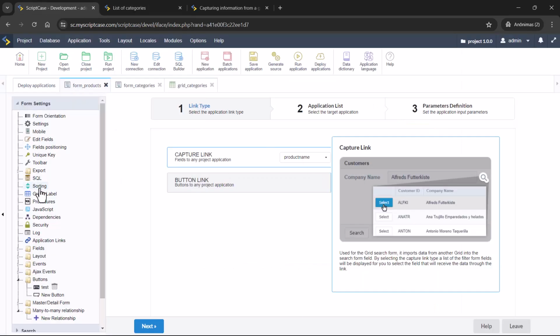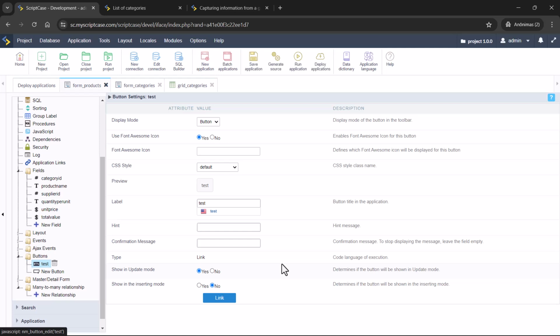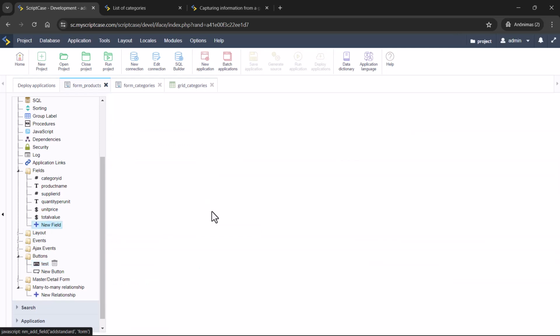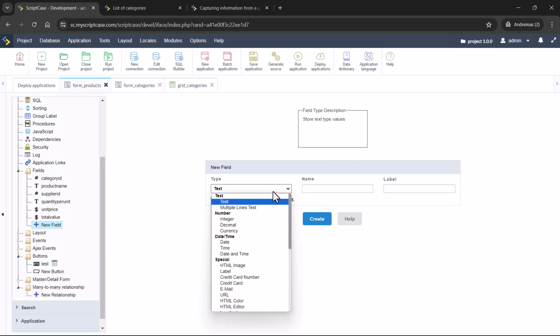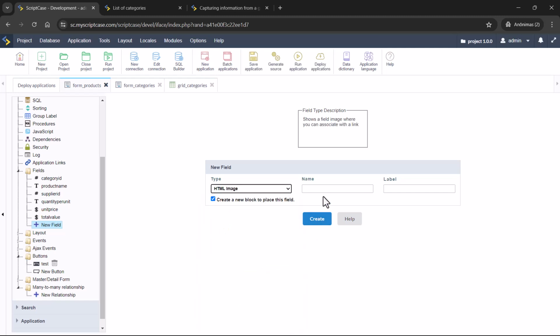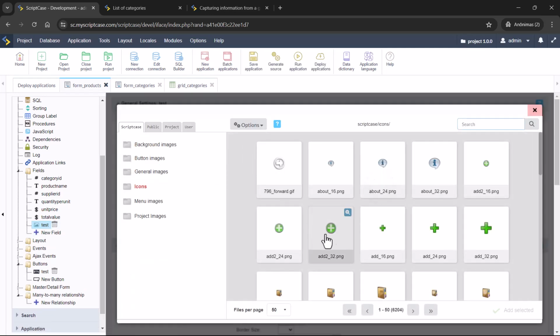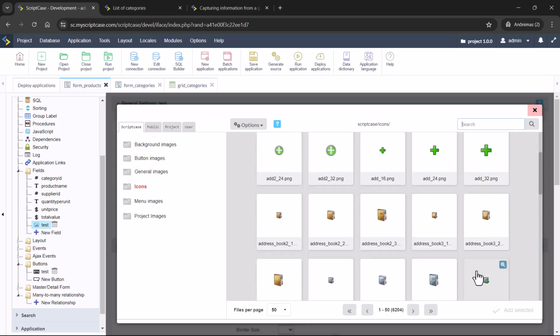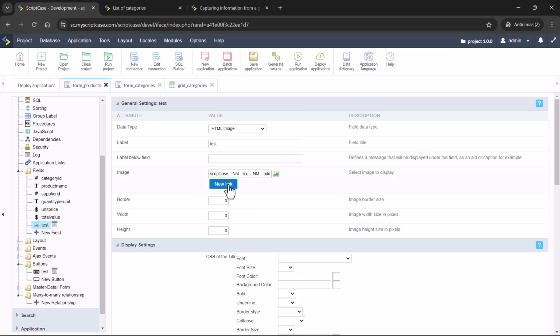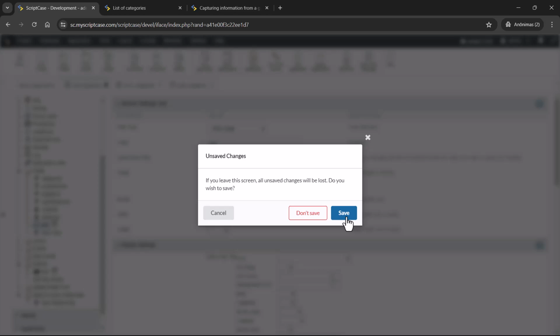You have also the option to add a link in this way. If you want also to add a link using a field, for example, you can also use the image field. You go here, HTML image, and then you can upload an image. Let's select here one image, and you'll be able here also to create a link.